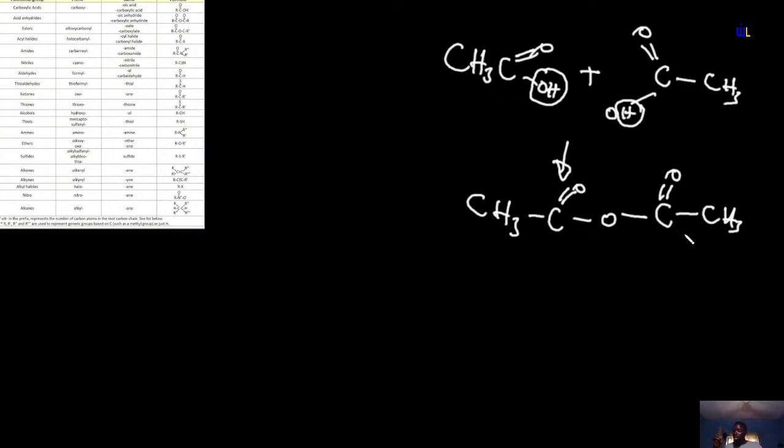We will come across it later in the reactions of alkanoic acid, but I'm just saying that if you are considering an acid anhydride, it is formed by removing one molecule of water between two molecules of alkanoic acids. Okay, now having mentioned that, we would go to the very next